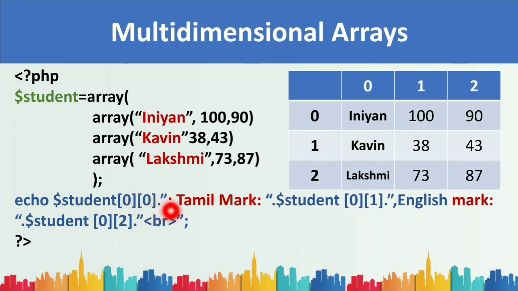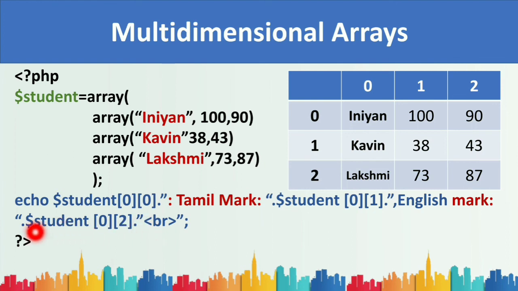And then we have open and close double quotes. Inside that we have Tamil marks. You will write the Tamil marks as it is. Then comes the second variable name student of 0, 1. So what is student of 0, 1? 0th row and first column. 0, 1 is 100. So pick the number, and in this place you have to write 100. And then English marks you will write, then the student value 0, 2. 0, 2 is 90. So we will write 90 and break the line. So that's it, the program.